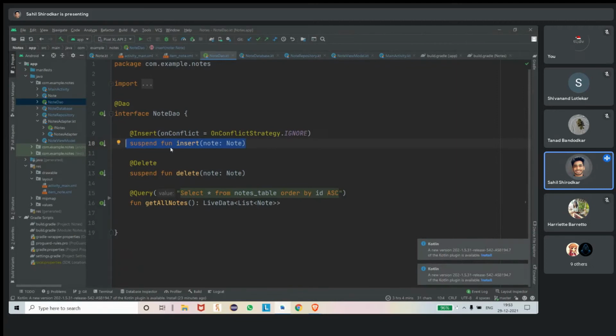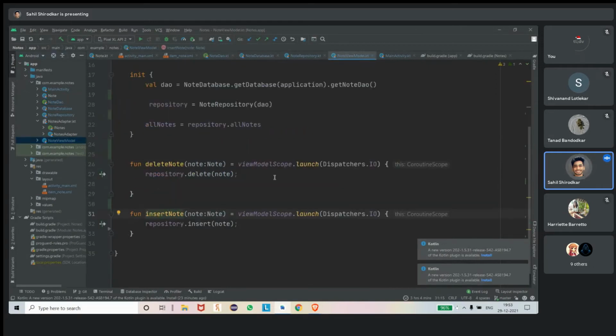This can take 5 seconds to 5 minutes. So until this operation is working, if you do that on the main thread, your app will get stuck. You will not be able to click any button or do anything on that app. That app will just get stuck by the time this operation is working, because it is working on the main thread.